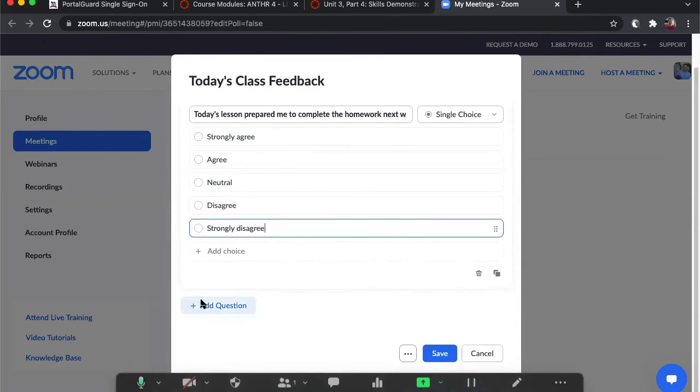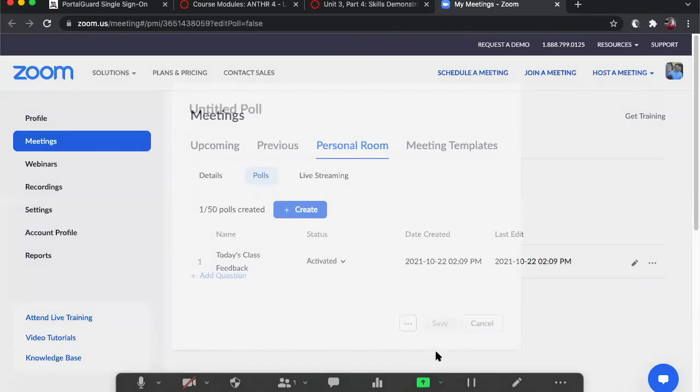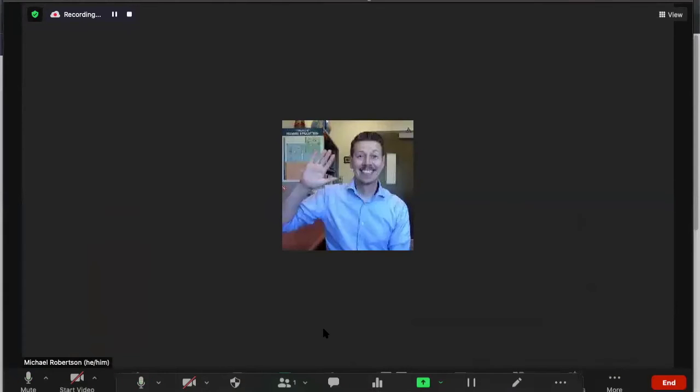You can add another question and ask something more detailed. But I'm also going to have single choice selected here. If it doesn't matter, maybe you can allow them to choose more than one, but I'm going to keep it a single choice. And then all I do is click save. And that's it. So now I can actually go back to my Zoom meeting right here, and I'm going to